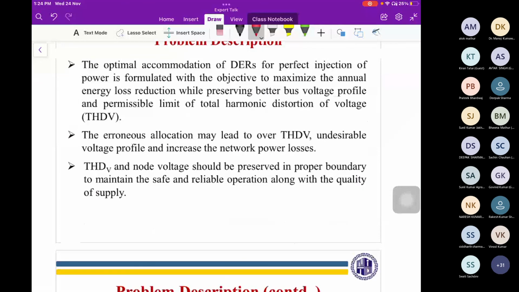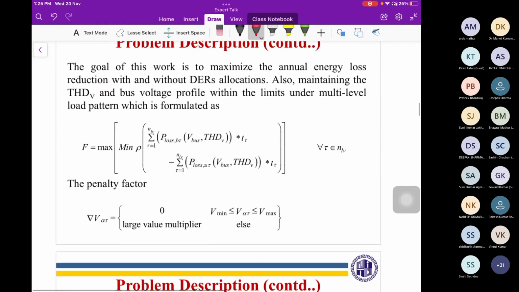And in this condition, the harmonics can be measured with the help of the total harmonic distortion for the voltage side. And we have incorporated one more constraint in the objective, that is the THD value. And previously we used only the bus voltage and